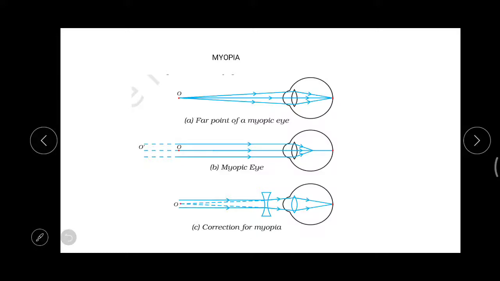So in the last class we have studied about the major functioning parts of our eye and as well how the vision is happening. We have studied those things in the last class. So now we are going to see which are the major defects affecting our vision, that we are going to study now.